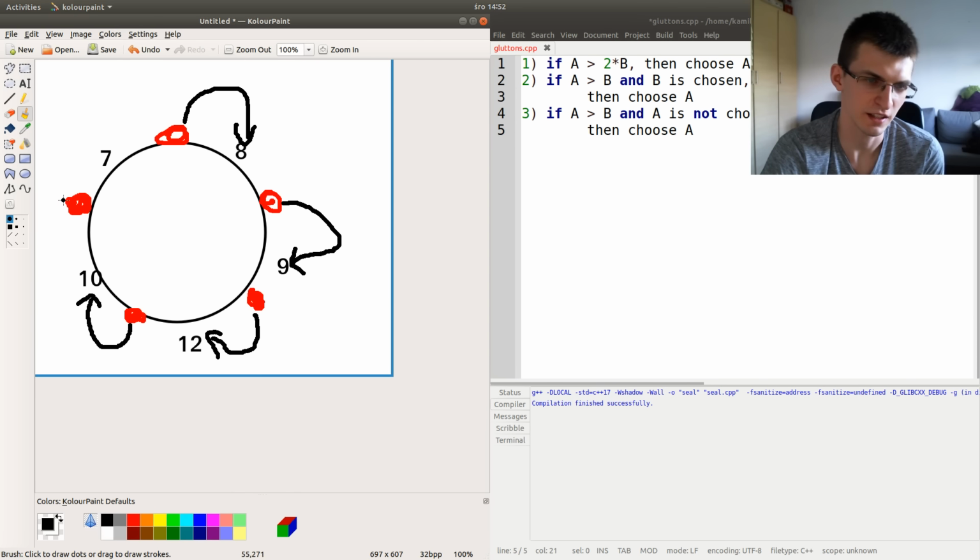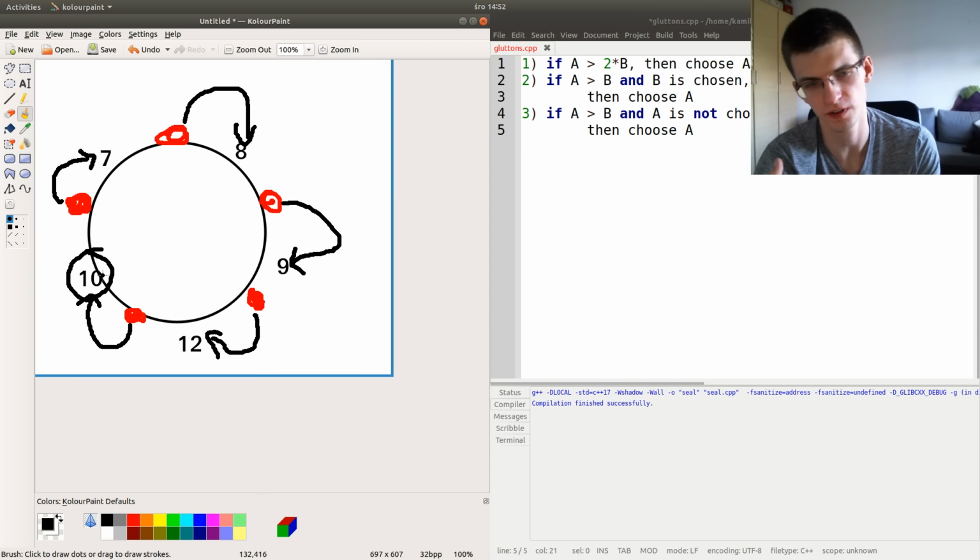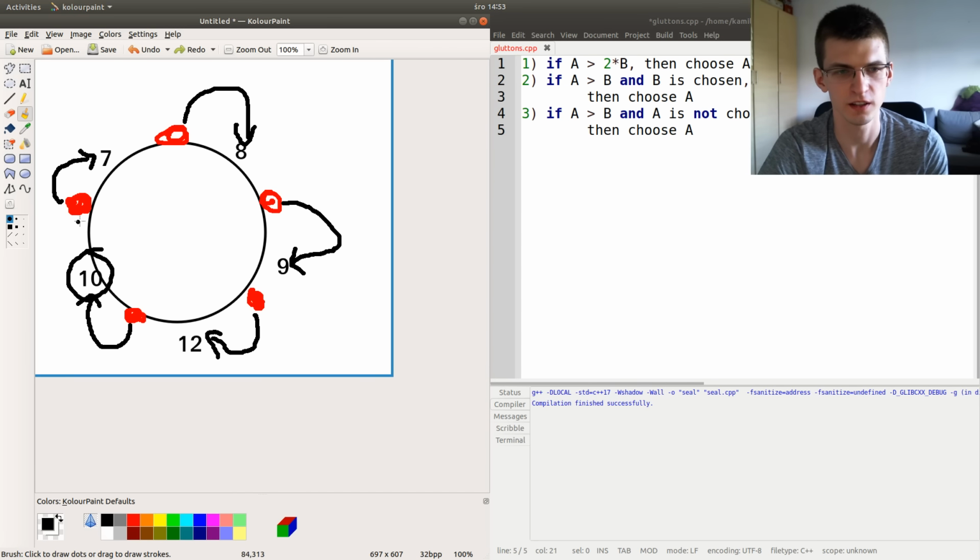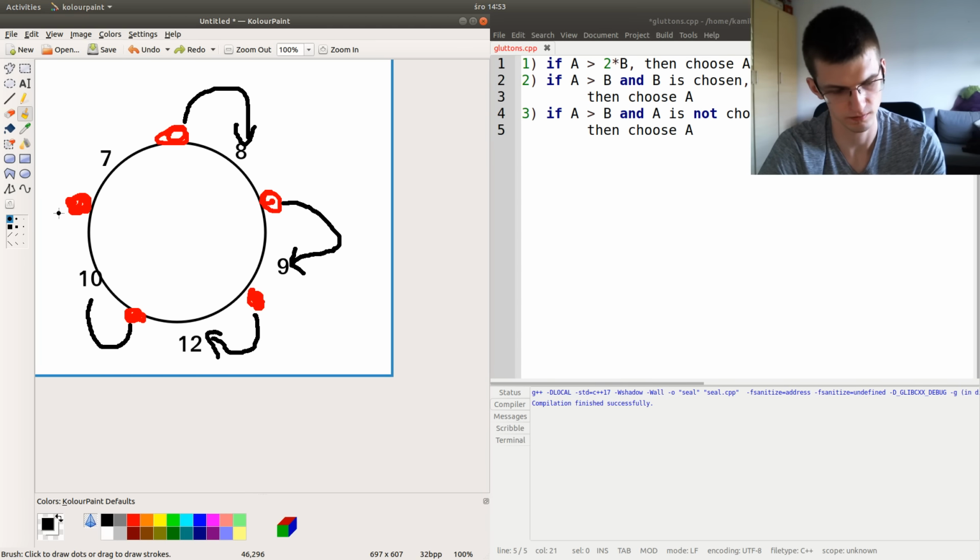And then the next guy should take 7. He's the last guy to decide, let's say, and this cake got value 5 for this guy if instead of 7 he chooses a 10, he gets 5. So yeah, it's better for him to choose 7.